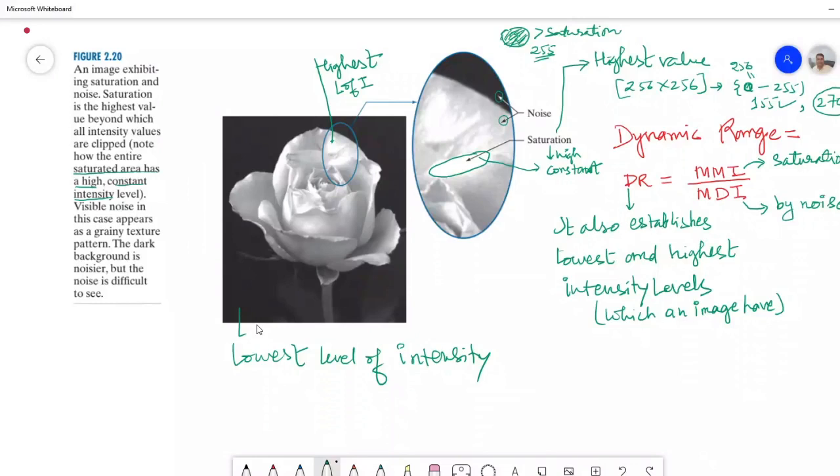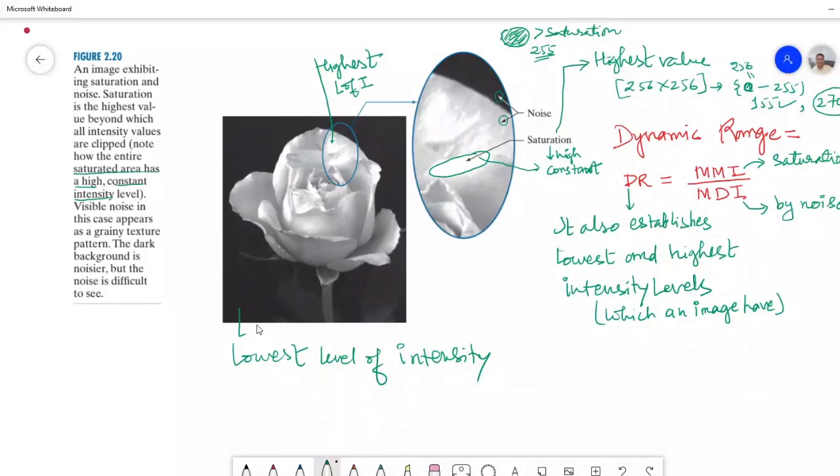There is a rule. When an image can have 2 to the power k possible intensity levels, if we take k as 0, 1, 2, or 3 and solve 2 to the power k, whatever values we get represent the possible intensity levels in an image. So it is common practice, and it is referred to as a k bit image.